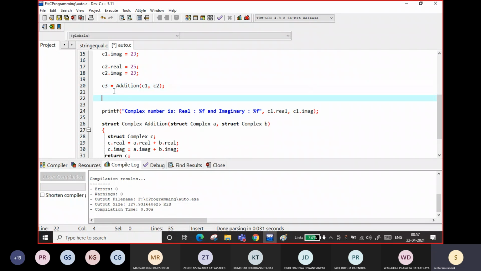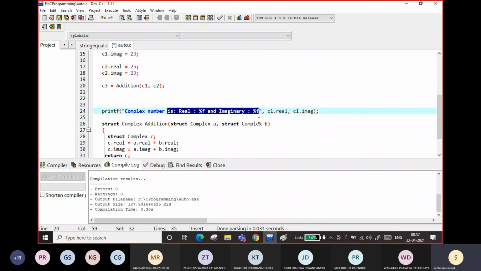Now I will write C3 complex number addition is, I will put as a pair, percent f space percent f, C3, C3.